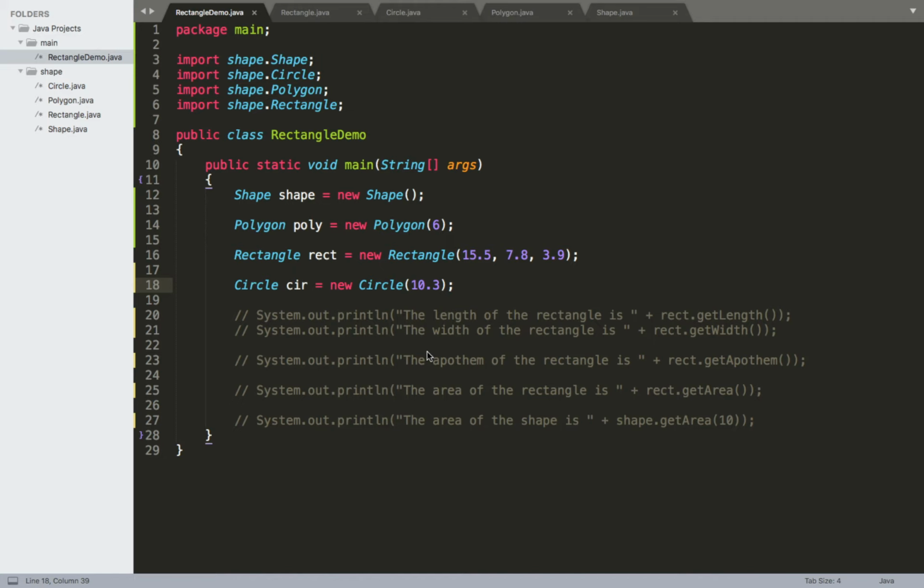Okay, so in this video, we're going to pick up from where we left off with this project, our 5 different classes or Java files dispersed between these 2 different packages. What we're going to look at next is this concept of polymorphism. To get started, we want to take a moment to consider this term polymorphism and